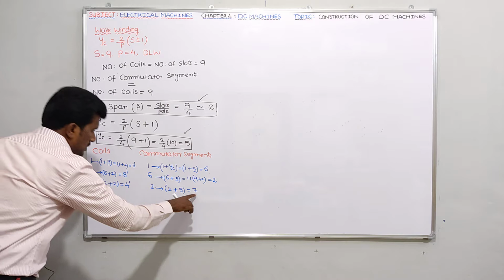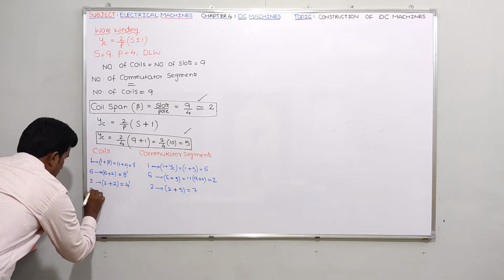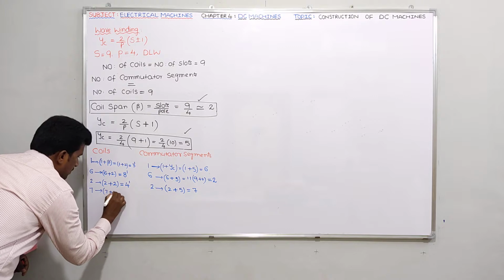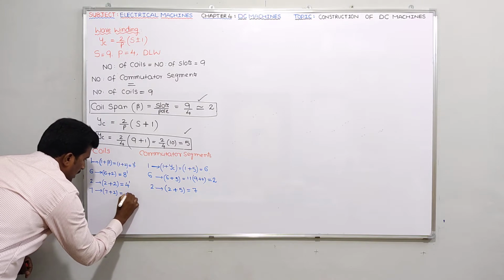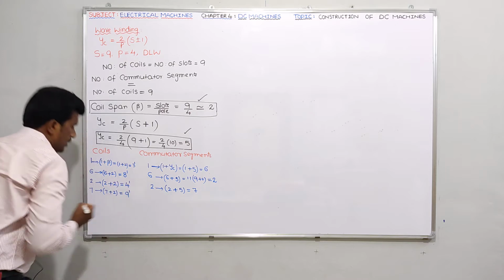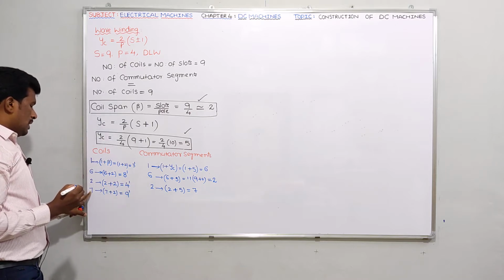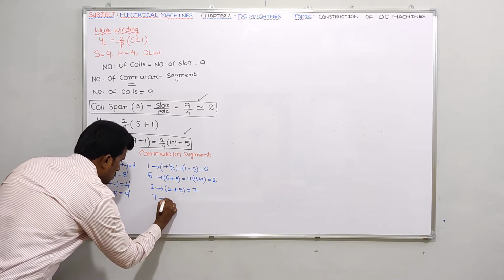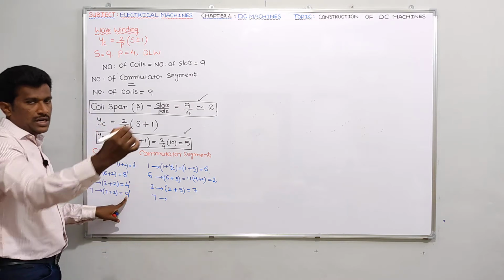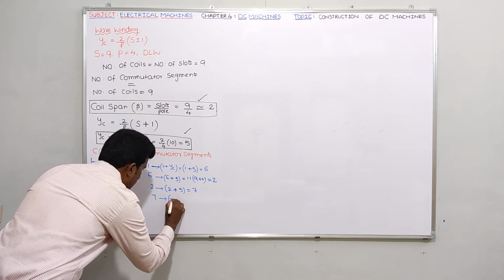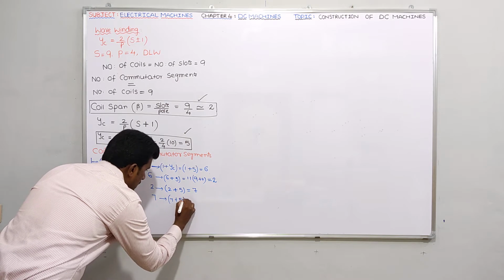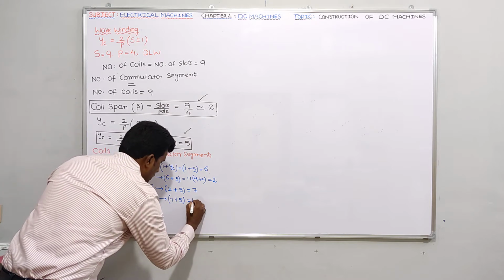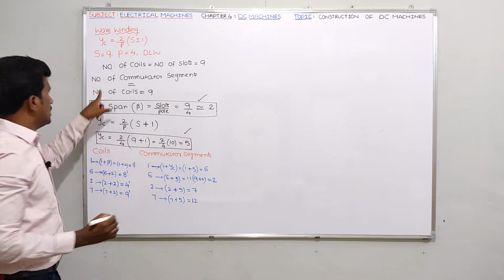Next, guys, to this seventh segment, the seventh conductor will be connected. So 7 plus the coil span of 2 is the value 9, so you should write 9 dash. Here the seventh conductor is connected to seventh segment 7. So this 9 dash conductor will be connected to, very simple, 7 plus 5. 7 plus 5 means what is the value here? You are getting 12. So tell me what is the maximum commutator segment number here?